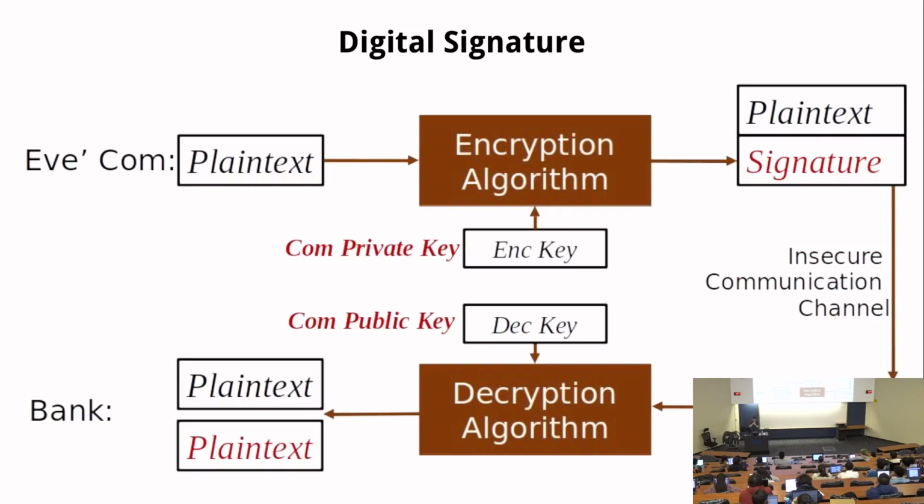Then when Eve's company sends out the message, it will use the company's private key to sign this message. Then the plain text and the signature will be sent to the bank,